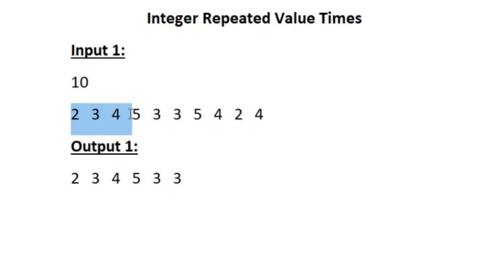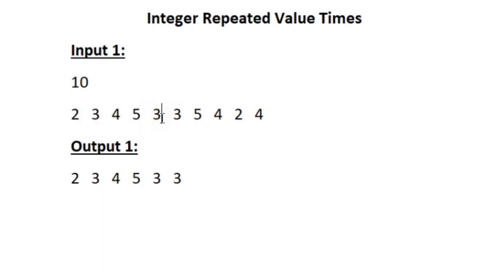So we move to the next integer 4, again the same, and then we move to the integer 5, and still we are at the same case. None of the integers has repeated until its value number of times. But when we move to the fifth index, the integer 3 has repeated again. So here all the integers 2, 4, 5 have occurred only once, but the integer 3 alone has repeated for